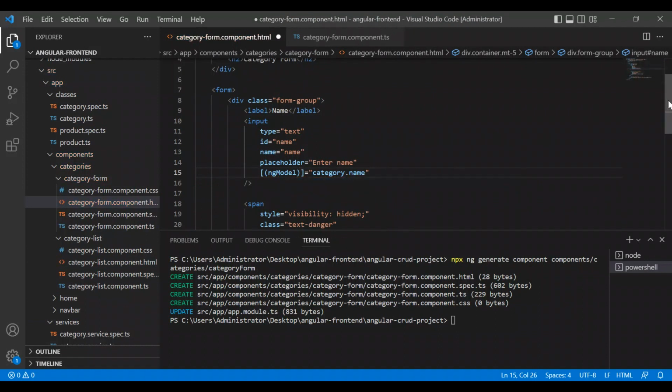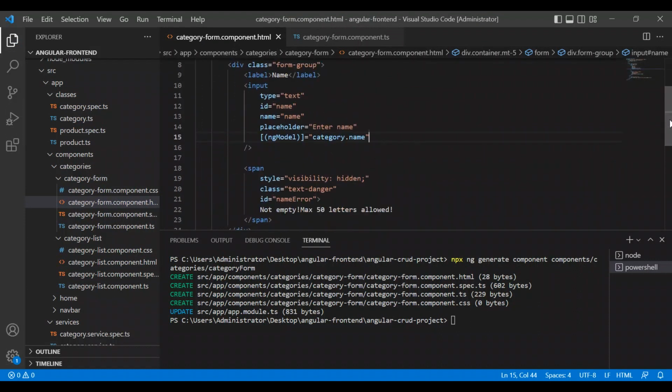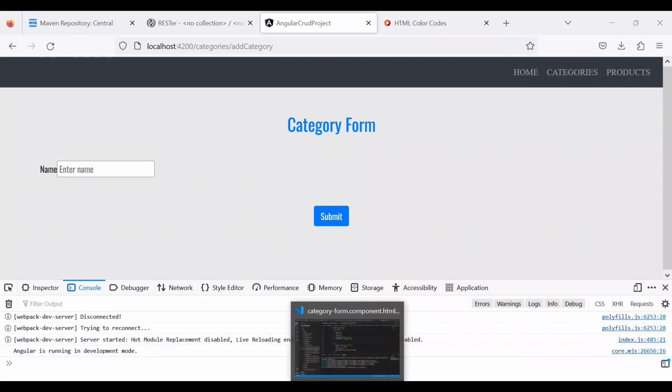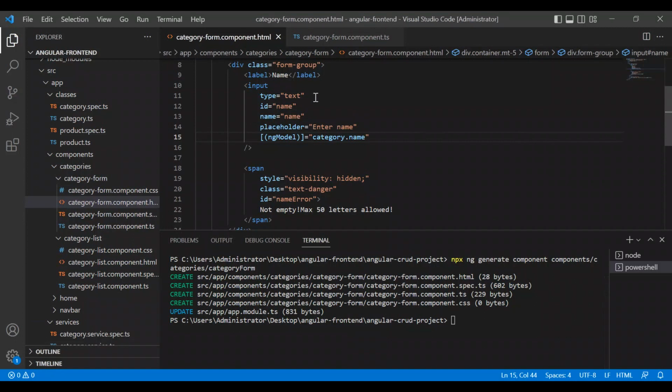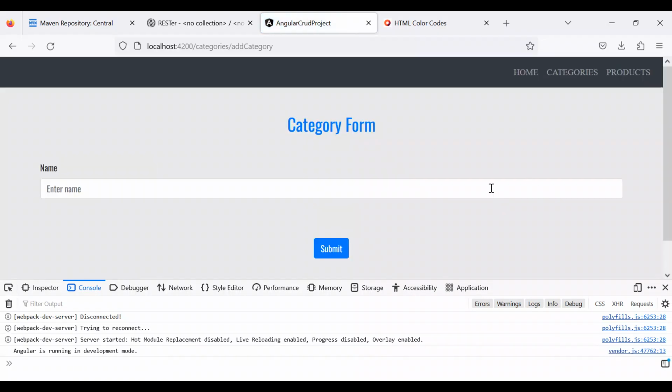It's my fault again, and I hope that will be good for now. ngModel, and now it doesn't look good for now. Let me check again, and I will give it a class. Class will be form-control. Now I will check it again. Now it's better. It will be a classic form,